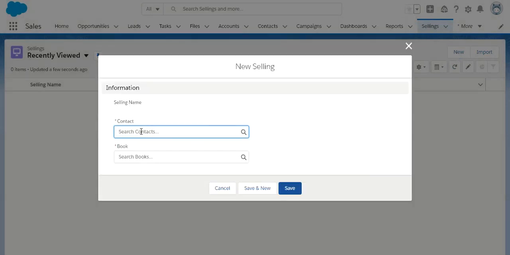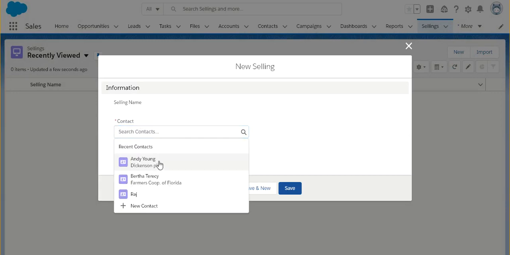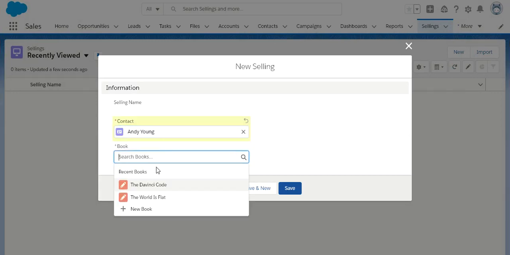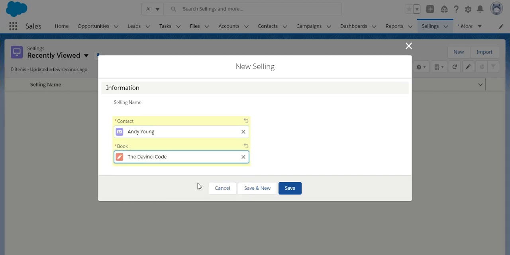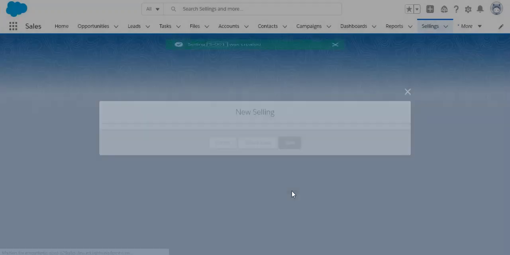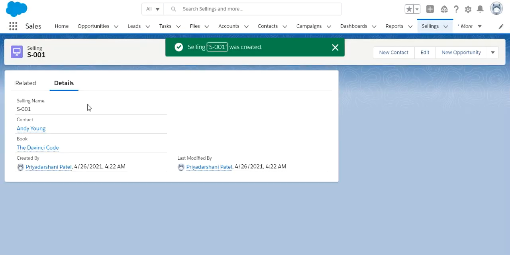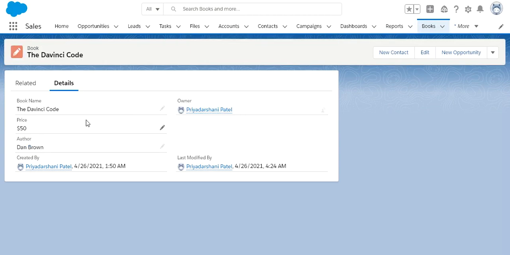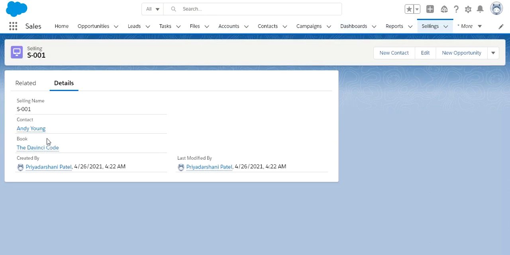You can see the contact and a book. So this contact wants to purchase a book with this name, and save. So here we have created a record on the selling object.